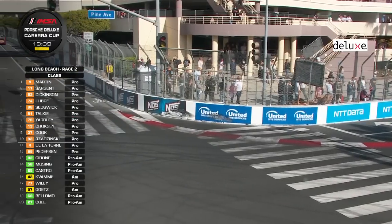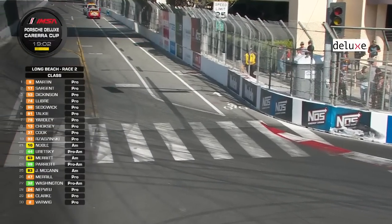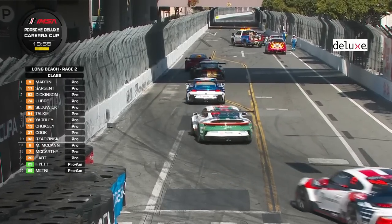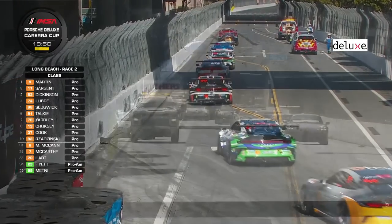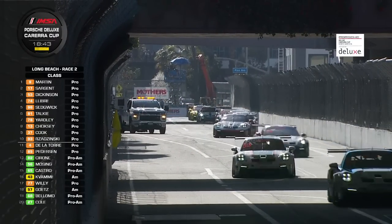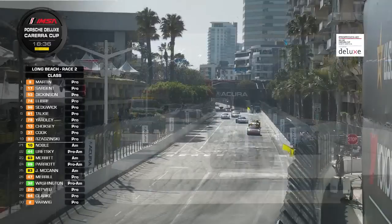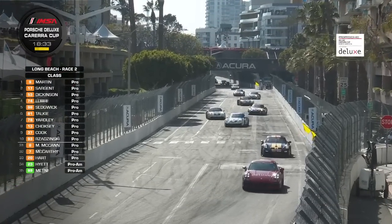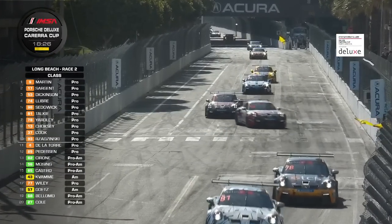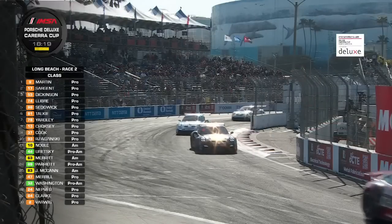Well, mixed fortunes for that Mooresville, Carolinas-based team across from Australia, and their Australian part of the team won the first race of the Carrera Cup Australia, which was on the Aussie GP support. Just going back to what I was saying about this season, it is a huge season with 2 races at the Miami Grand Prix, 2 races at COTA, which will be the last 2 races of the Porsche Carrera Cup North America season. They'll be at Road America with NASCAR, and of course with their IMSA commitments, and also they'll be the headline act at Red Sport Reunion 7 at WeatherTech Raceway Laguna Seca in September. So plenty going on